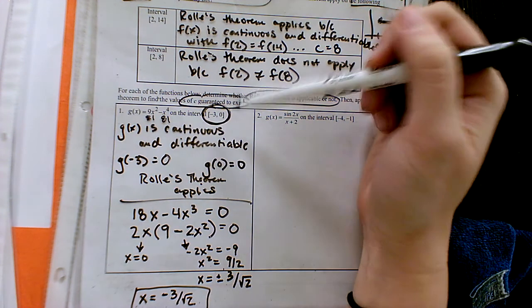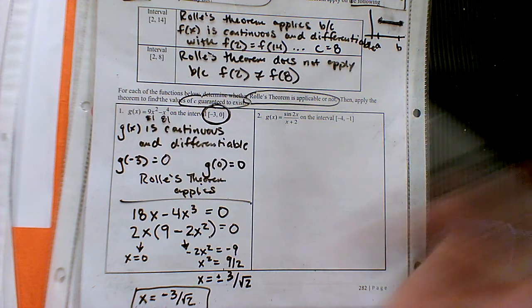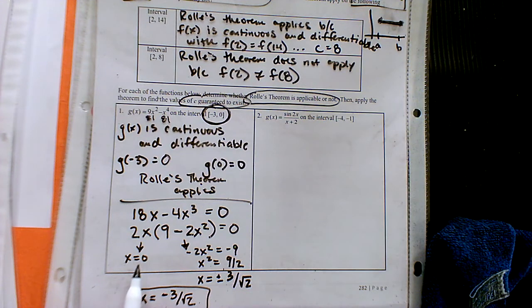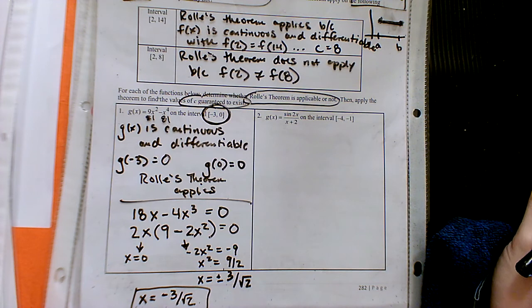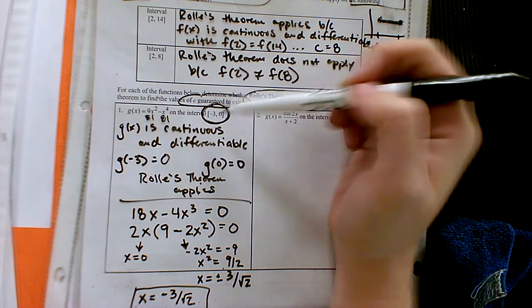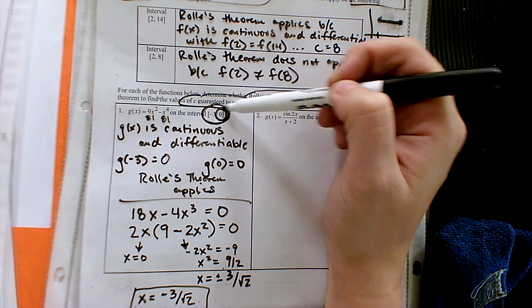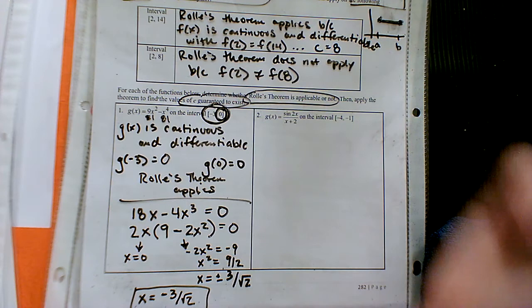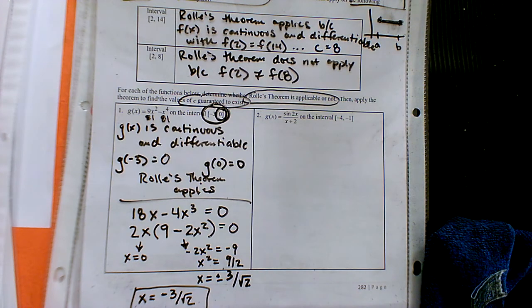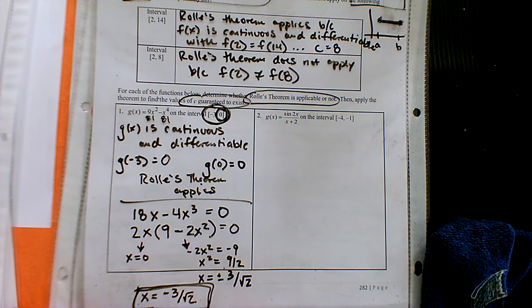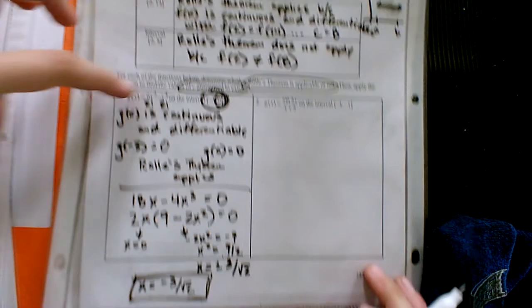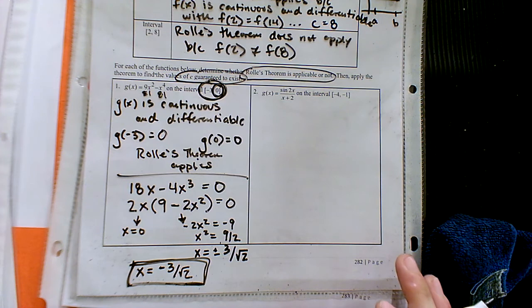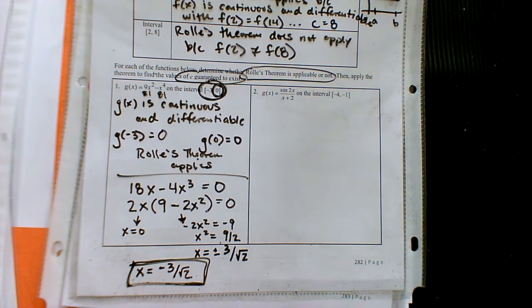The positive version is outside the interval, and we cannot include 0 because that's an endpoint, and we know a derivative doesn't exist at an endpoint. So there's no way a derivative can be 0 here if it's an endpoint. So we're only checking within the interval. You cannot include those endpoints. All right, so there's that special location that Rolle's theorem guarantees. So somewhere on this graph at this spot, we have a max, a min, or a level spot.